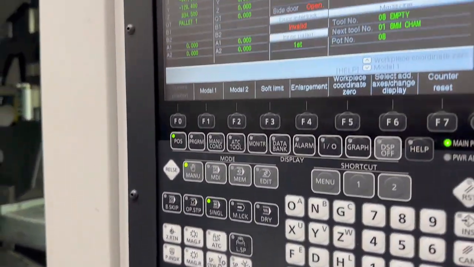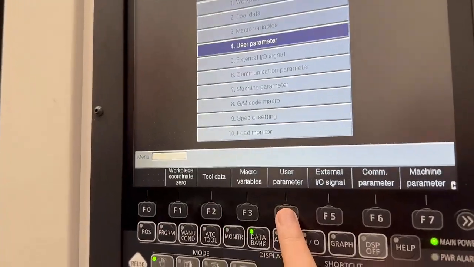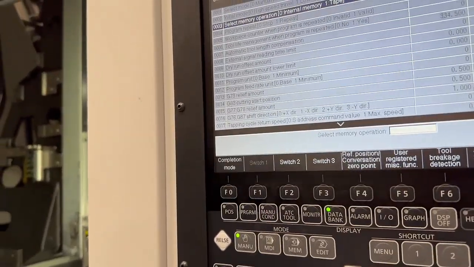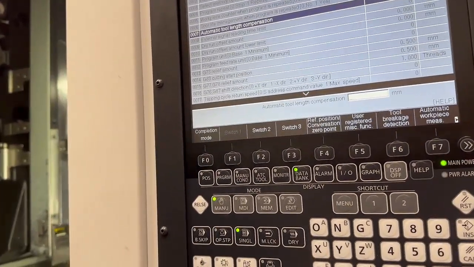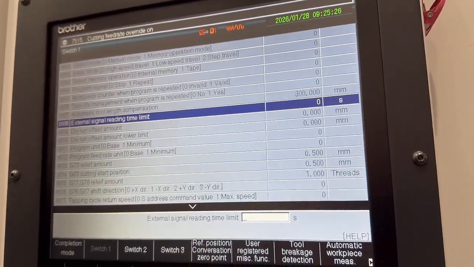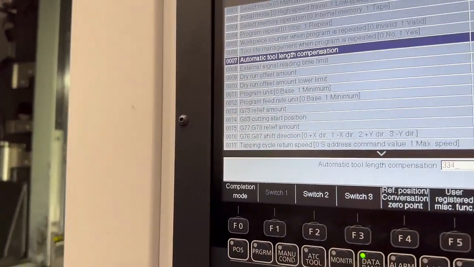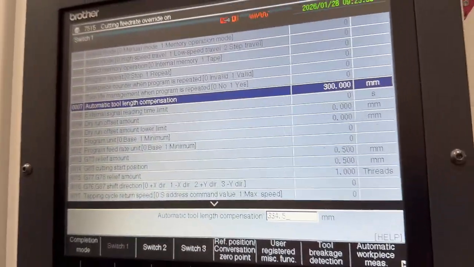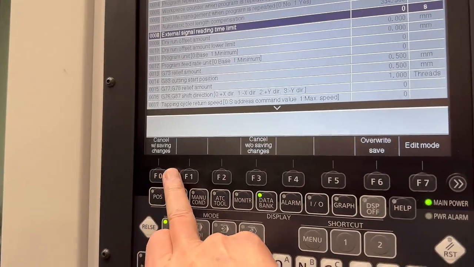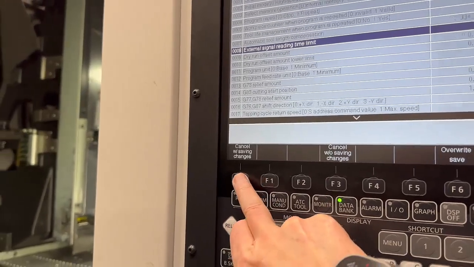Right, so from there now, press data bank. And we're going on to user parameter. And the user parameter we're interested in is parameter number 7. And whatever you write in there will go into that. Okay? And what we want is 334.5, and then you enter that in there, and that's that machine position. Don't forget that you've still got to do your completion mode, either the overwrite button, or you can say complete